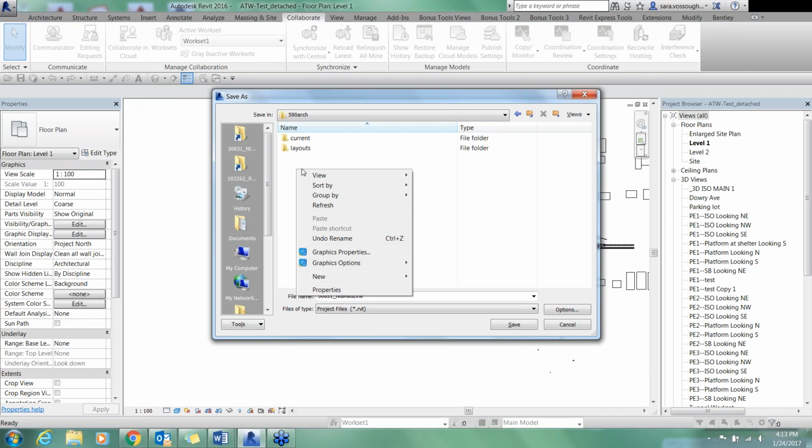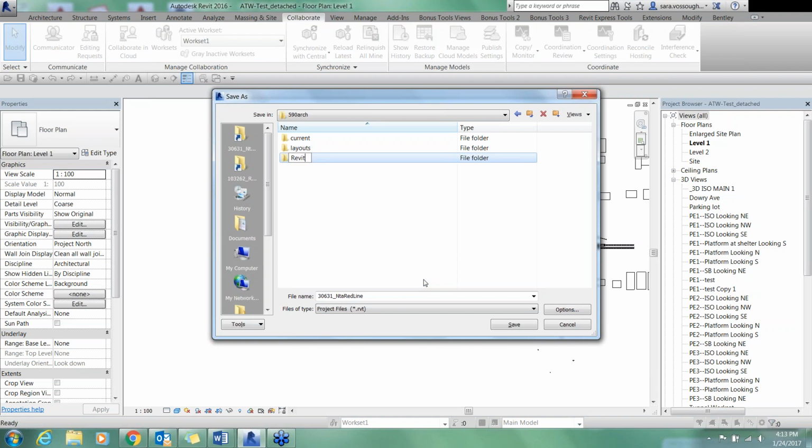That's the standard we follow here. And I save my file within this folder. It is very important that you save the file in the right location from the moment it becomes a central model. So once I save,